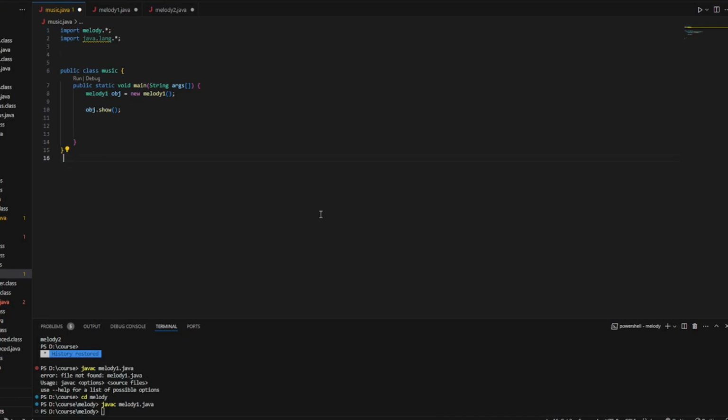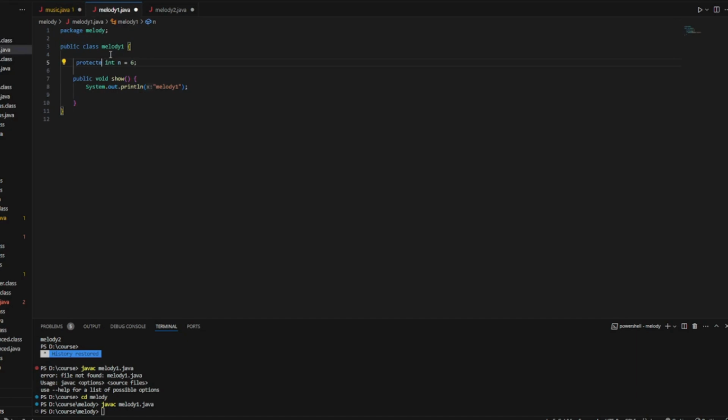Okay, everyone. So today we are going to have a look at the access specifiers. I hope we already know some of them, like public and private, but it's okay. Let me once again recall what they are. When we declare a variable as public, it can be accessed from anywhere.